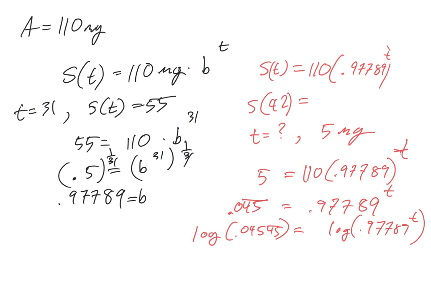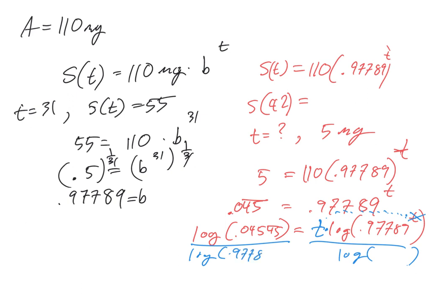This is where I recall my properties of exponents. This T travels out in front, so it becomes T times, and when I do that, it's no longer in the exponent. Now I've got T all by itself. Divide both sides by this mess. And then you can either do both of those separately, or because I'm dividing, you could do log of 0.045045 minus the other one, or just plug it in your calculator. It doesn't matter really at that point, and we'll find the final answer for T